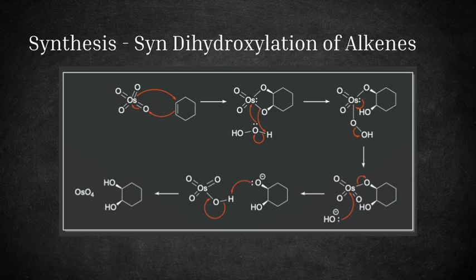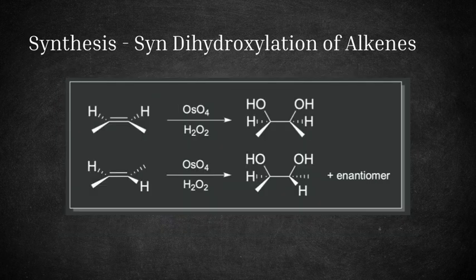The hydroxide ion that was expelled then attacks the osmium atom, breaking the remaining osmium-oxygen single bond and releasing the alkoxide ion as a leaving group. This alkoxide ion is subsequently protonated by the hydroxyl group still bonded to the osmium. The electrons from the oxygen-hydrogen bond of this hydroxyl group are then used to form a pi bond with the osmium, regenerating osmium tetroxide and completing the reaction. The final product is the syn-vicinal diol, where the hydroxyl groups are added to the same face of the former